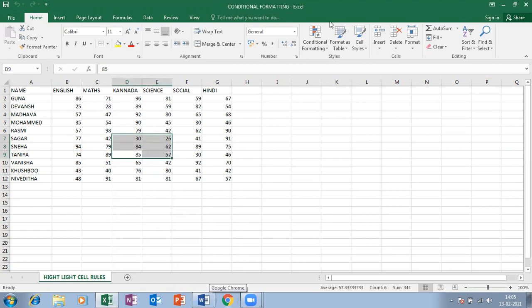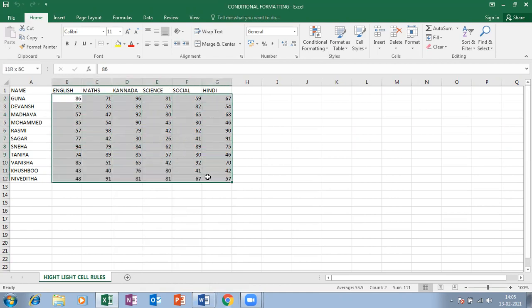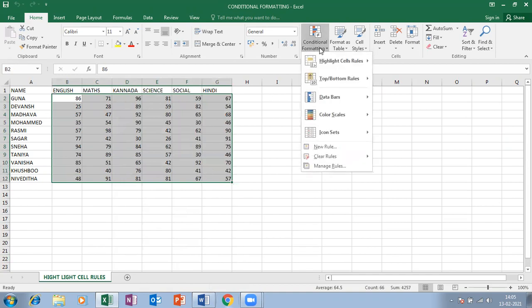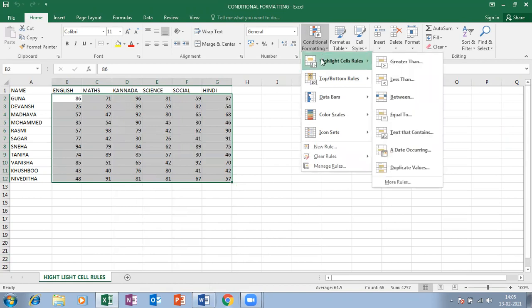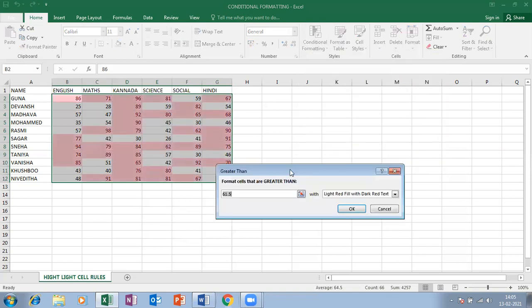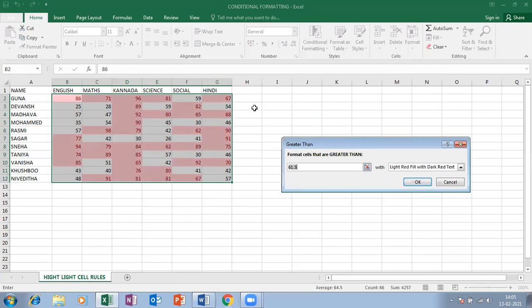Now, let me select the range from here to here, then click on conditional formatting, go to highlight cell rules, and click on greater than.